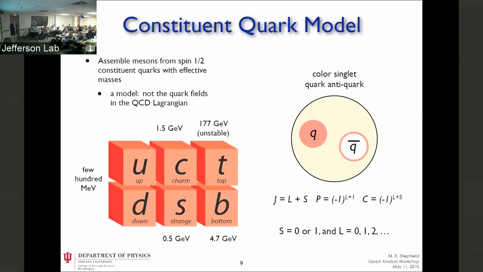So you could take spin 1/2 quarks and combine them, and you could make a state with total angular momentum that was equal to the sum of the orbital and spin components of the quarks, and parity and charge conjugation. And there are rules for how you would combine 2 spin 1/2 fermions in such a way, and you could compute these things, J, P, and C. And it turns out that these are things that you can all measure in experiment. You can measure the total angular momentum of a state that you produce, its parity, and its charge conjugation.